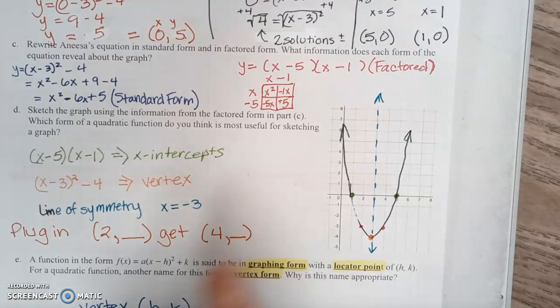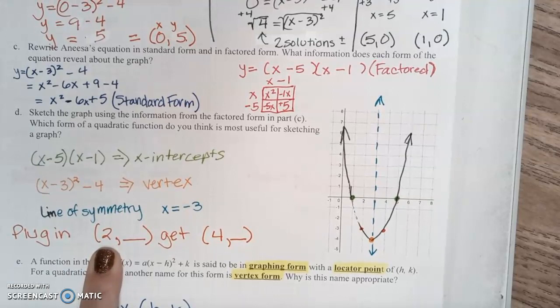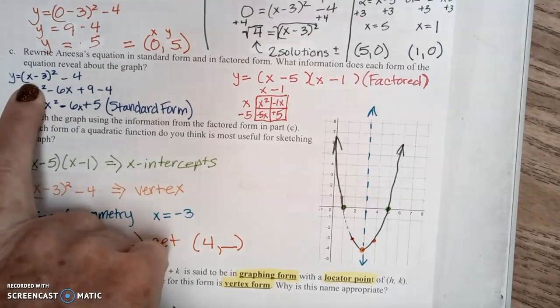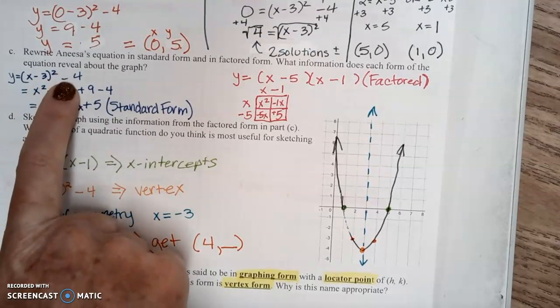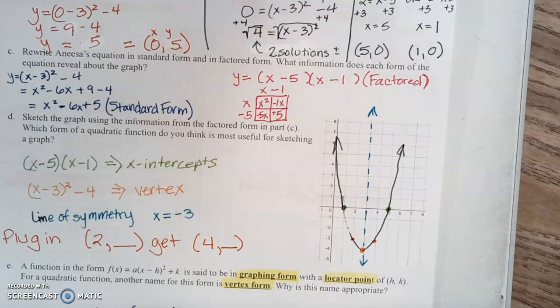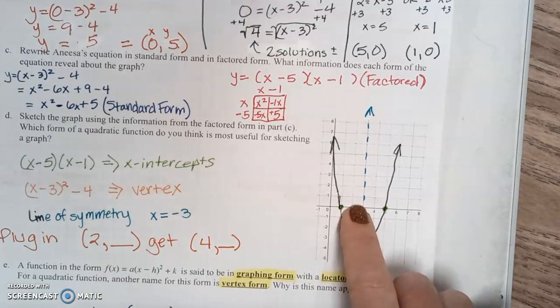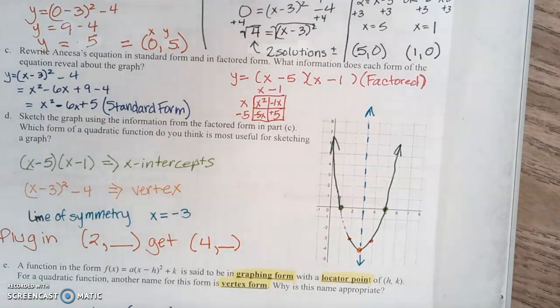Then you can pick a couple other points and plug in the number, and whatever you get out will be your y value. So if I picked 2 and I plug it in to the original equation way back up at the top, 2 minus 3 is going to be negative 1. Negative 1 squared is 1, and then 1 minus 4 is negative 3. So we fill in a negative 3 here. So if we go 2 to the right and down 3, we have this point